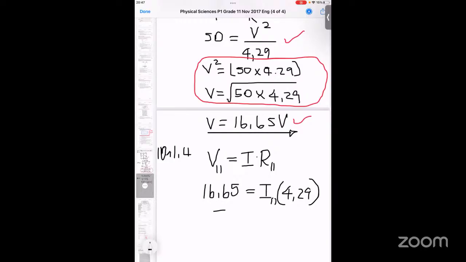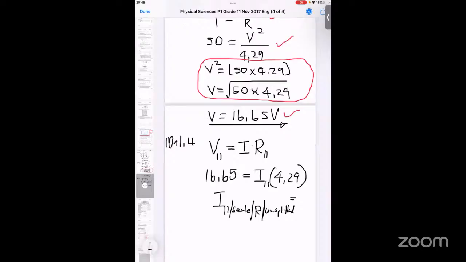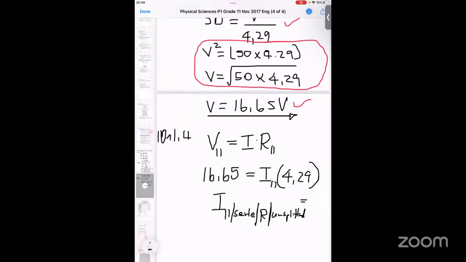So this current that we are going to get is the one passing through the parallel connection, or the series connection, or resistor R, or it is the unsplitted current, which is equal to